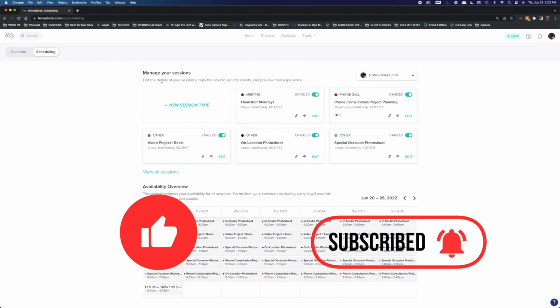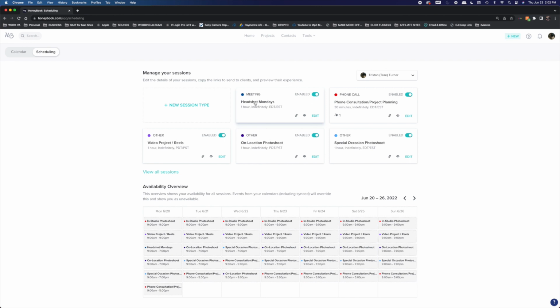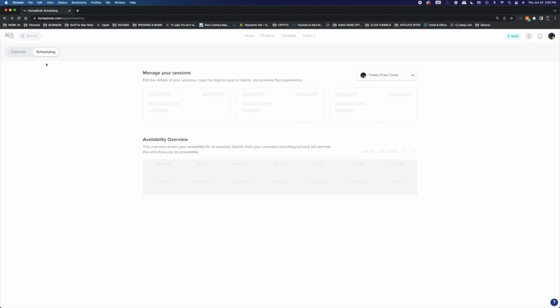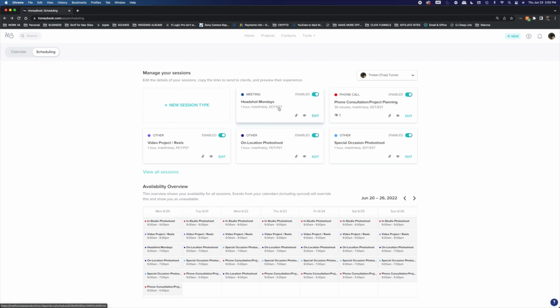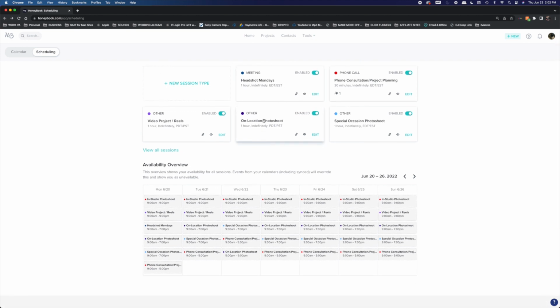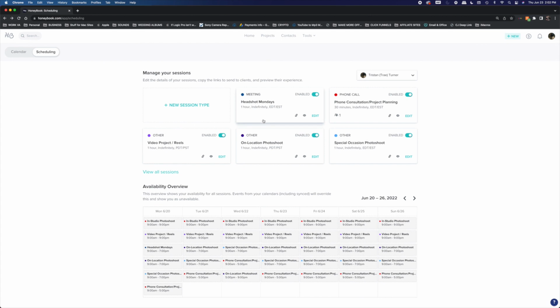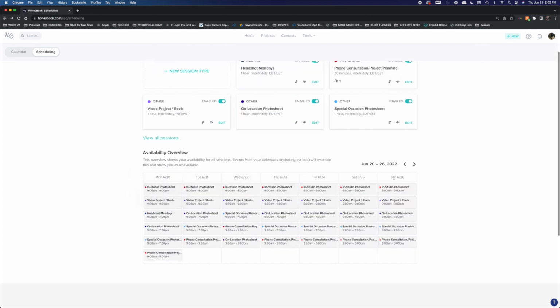You can create sessions on here, and when you send someone a link, for instance, if someone wants to schedule a headshot with me, I can send them a link for my headshots, and they're only on Mondays. So I'll send them a link and they can go to my Headshot Mondays calendar, and they'll be able to see my calendar, and they'll be able to select a date and a time that they want to do their Headshot Monday on. It can be Monday, June 20th, or Monday, June 27th, or July 4th or July 11th. Whatever it is, they can choose the